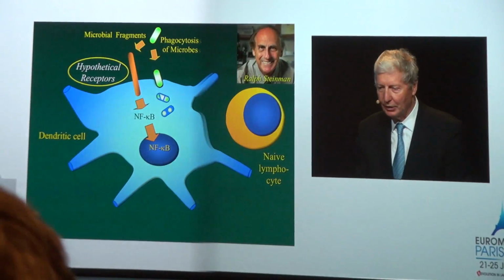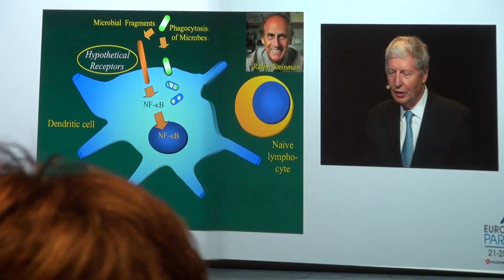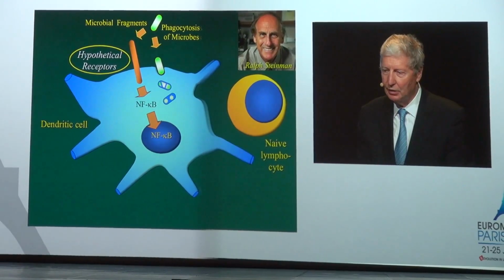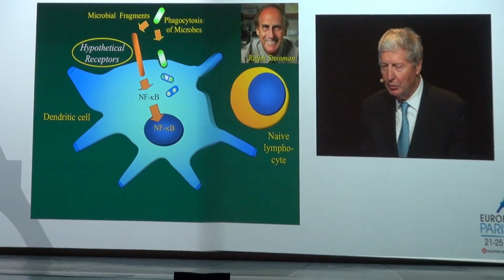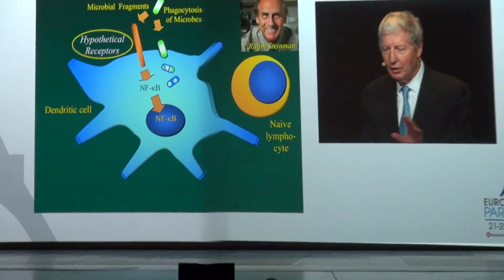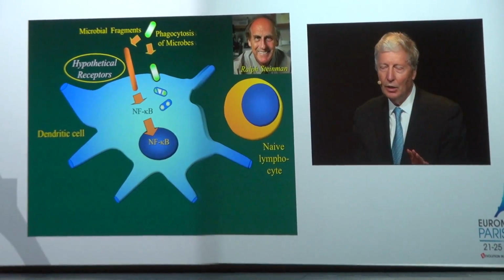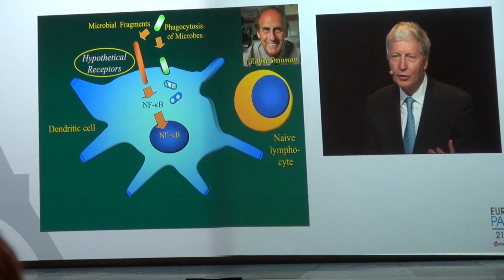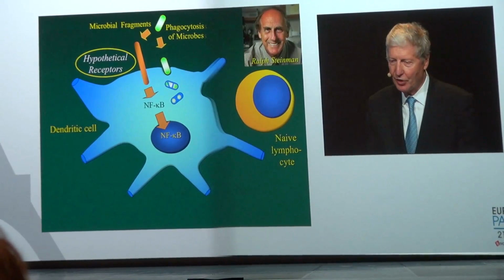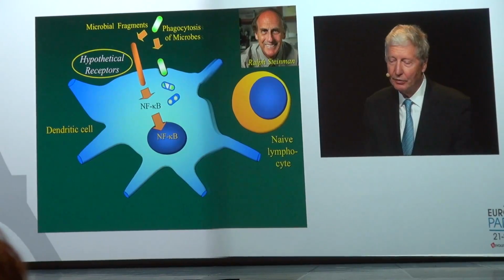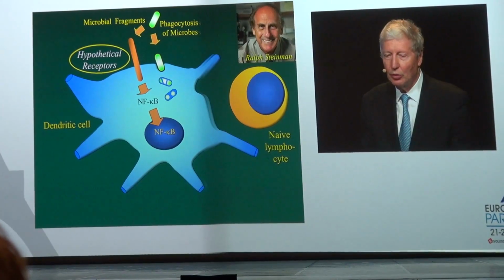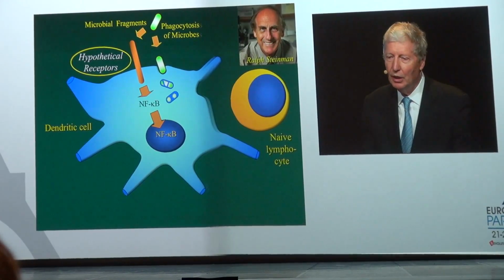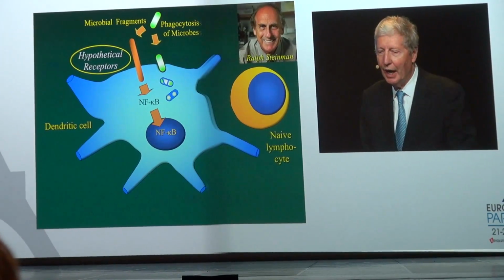So let me show the context. Again, here more clearly, this is Ralph Steinman, who shared the prize in 2011 with Bruce Beutler and me. And so we're showing here a dendritic cell, which are cells which are really the central sensors of infection in mammals. And they react via hypothetical receptors, it was believed, it was not identified, to microbial fragments, and in response